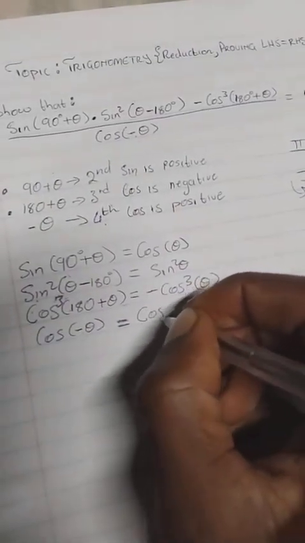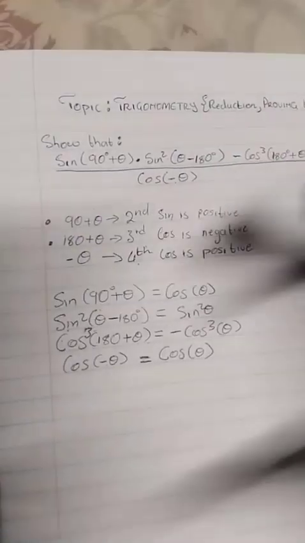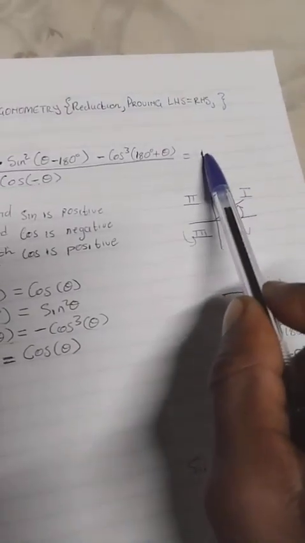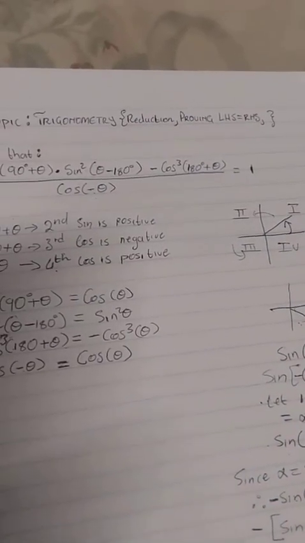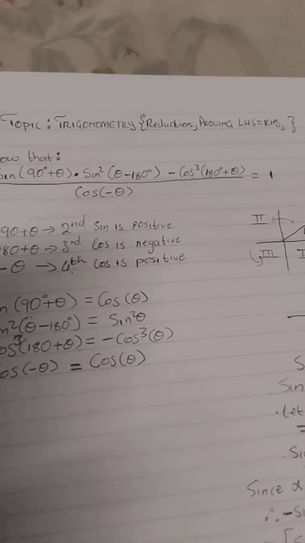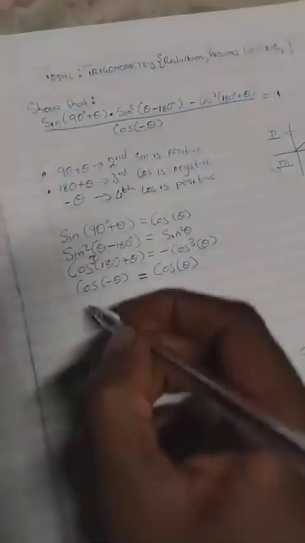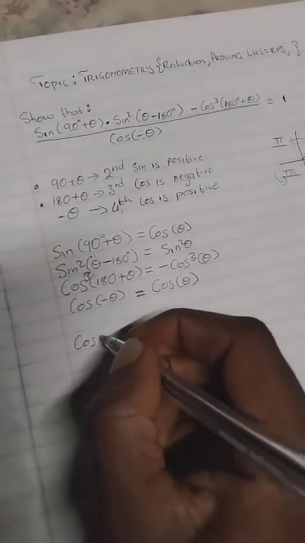This is going to be cos theta. Now we got all the information, ne? And remember, we are proving that this is going to be equal to 1. As we are proving that, we are just going to replace. So sine of 90 plus theta is going to be equivalent to cos theta